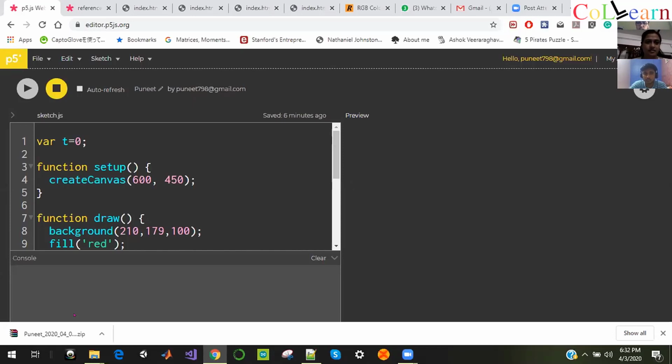The reason for the video thing was that I wanted to talk to you. So these are the basics of creative computing. This is the very basic thing that we have done today. It might seem boring to some of you who know coding well, but I was assuming that most of the people in this chat might not know what a function is and how to code. So I kept it very basic. What we have learned is how to draw shapes, how to change the color, and how to move things if we know what a draw function is.